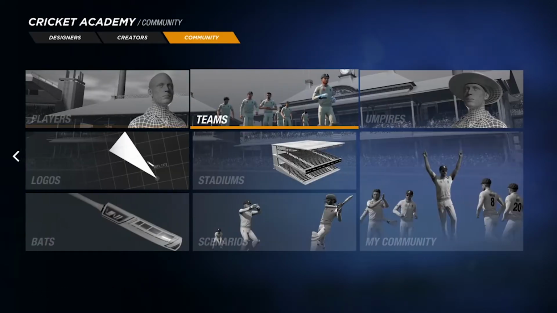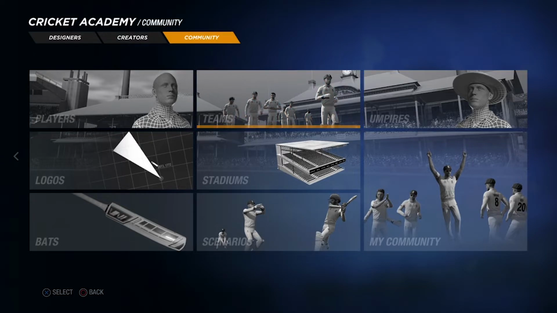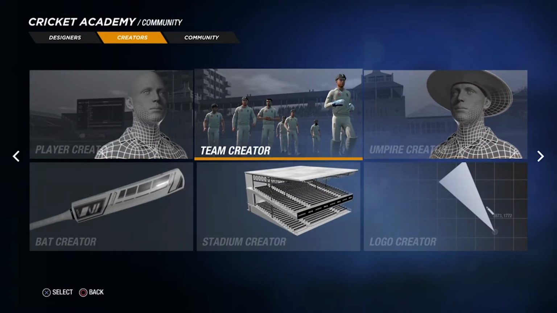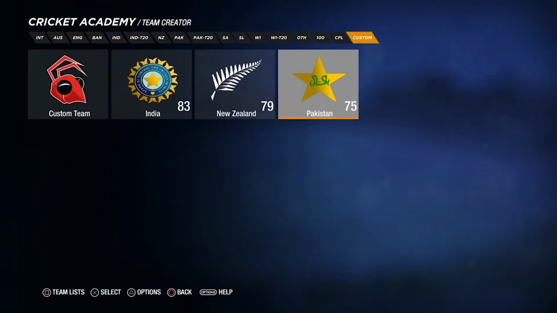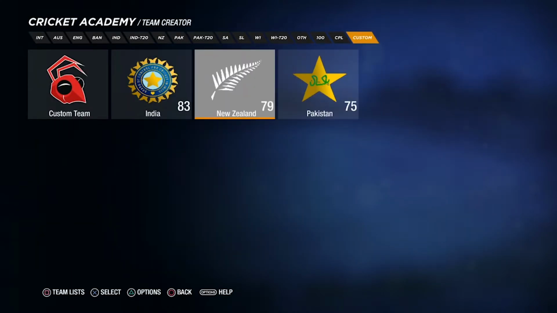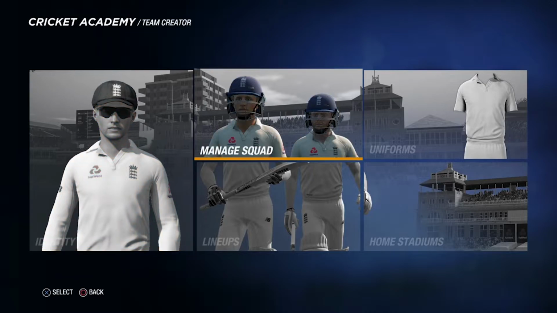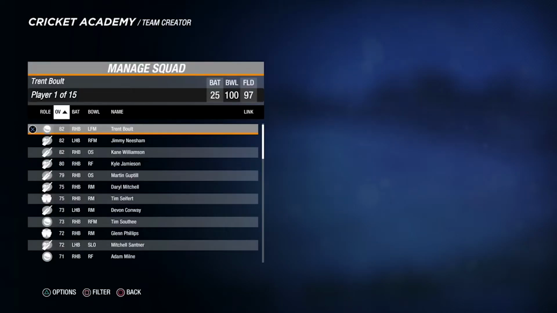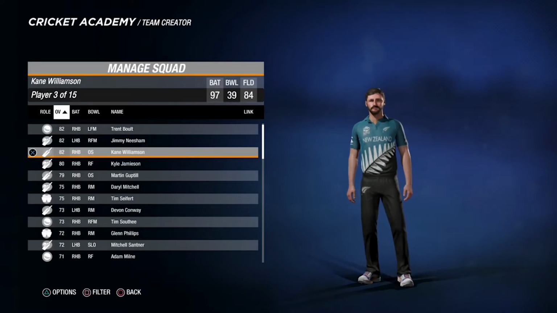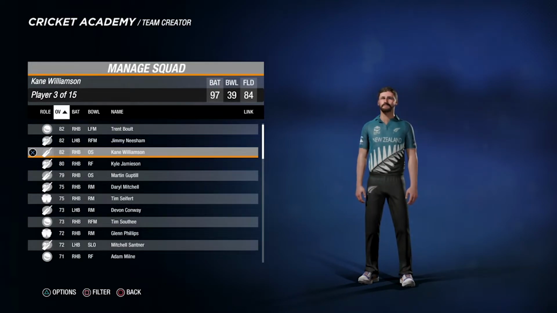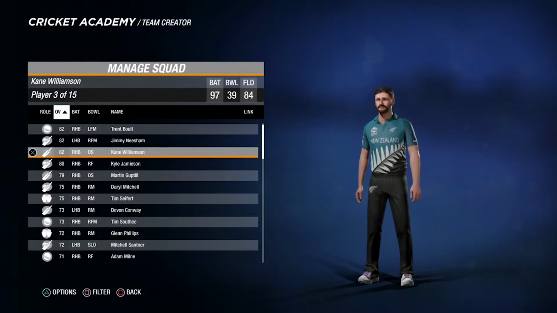But you would do that, and then you would go to Creators, then Team Creators, Manage Teams, and then you would go to Custom, because this is a custom team. Then go to New Zealand, and then go to Manage Squad, and you see Williamson there. And then, assuming that you've downloaded the other team that has the players that look like they're supposed to,